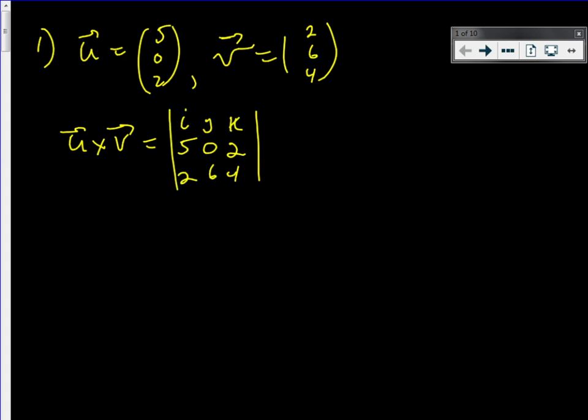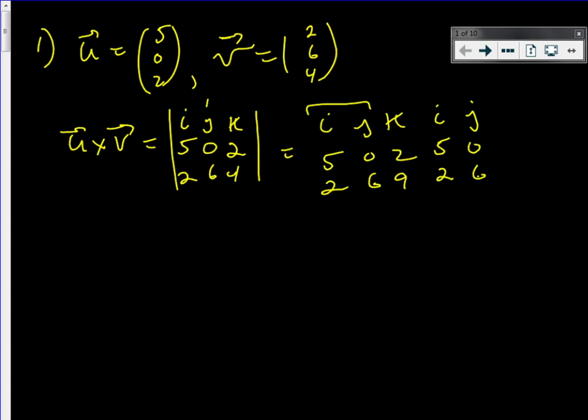Since it's a 3 by 3 determinant, we can write down these 9 entries, repeat the first 2 columns, i 5 2, j 0 6, and find the determinant by doing what we call the spaghetti method. We multiply those entries, we get 0i, plus we multiply those entries, we get 4j,